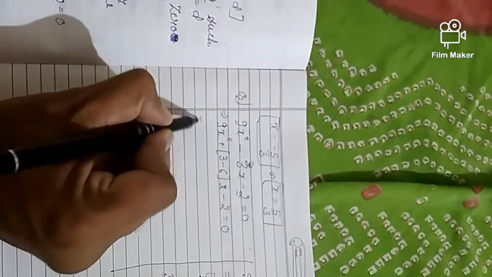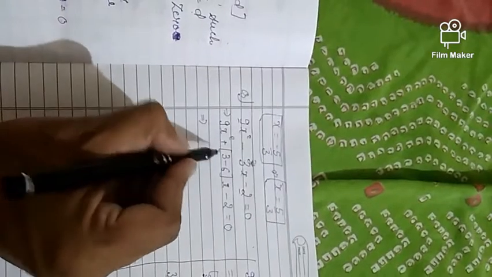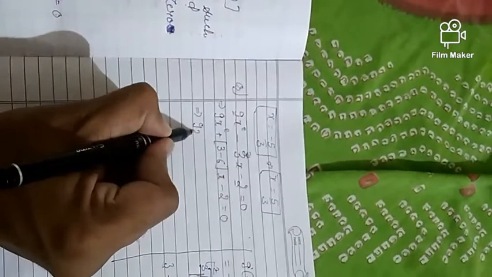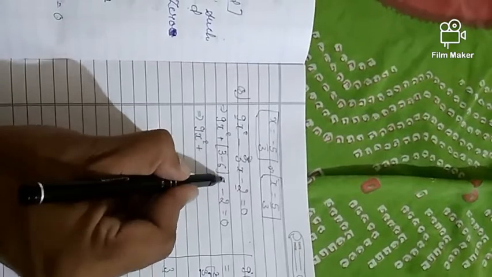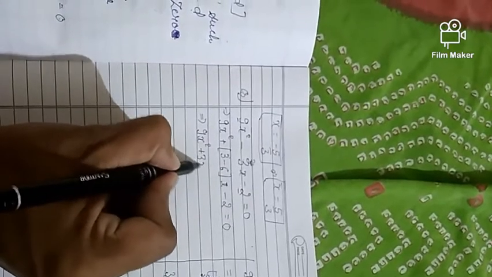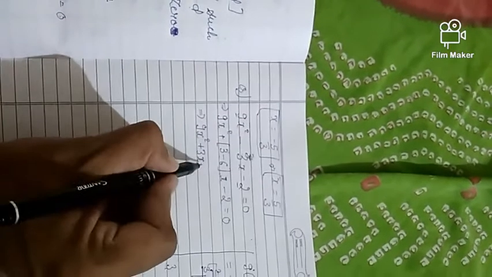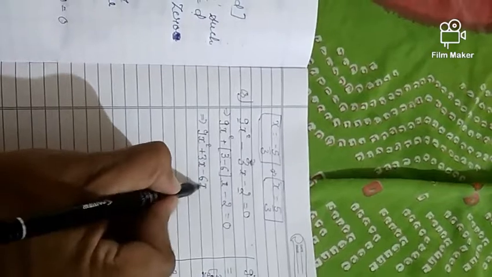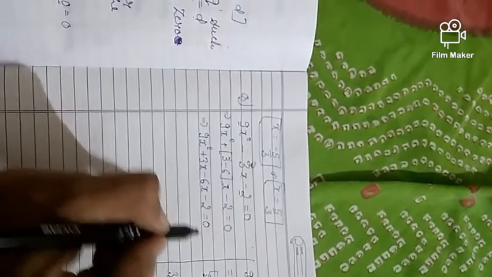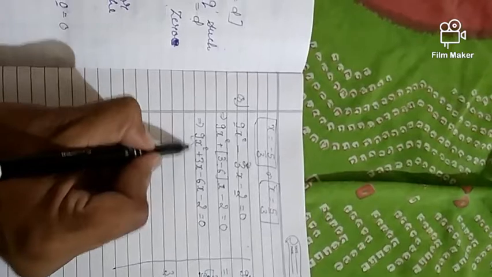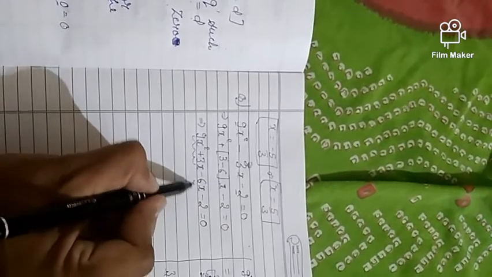Okay, now see, 9x square, 3 into x is 3x, minus 6 into x is minus of 6x, and minus of 2 equal to 0. Now just take two terms,